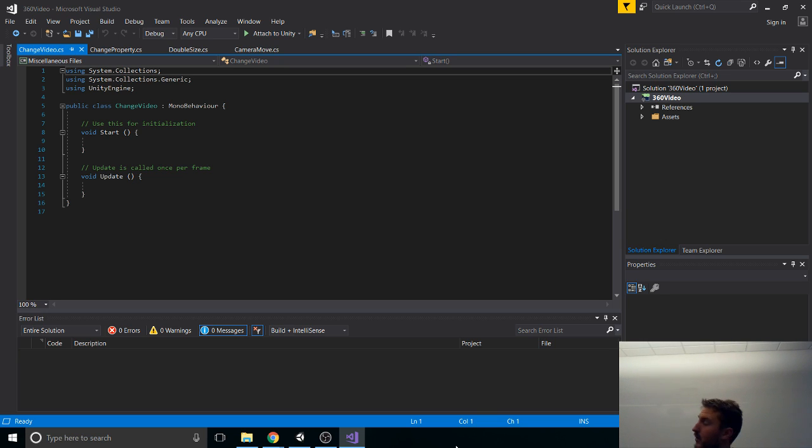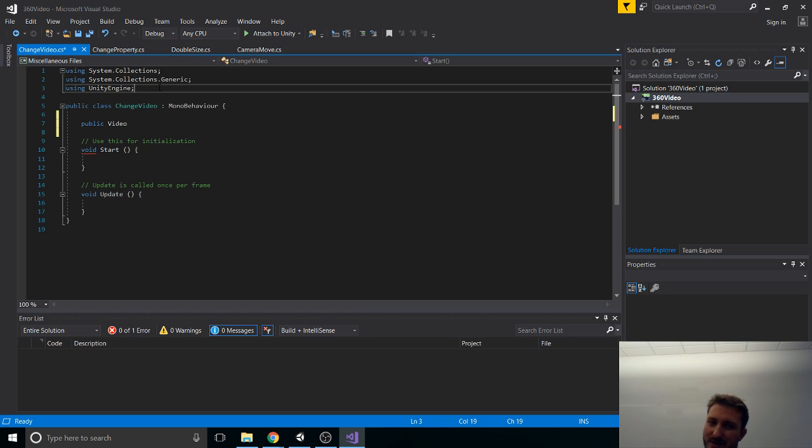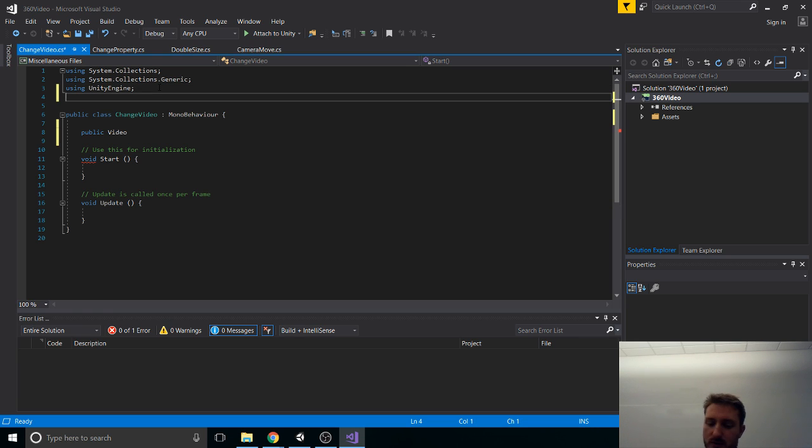So, if we're making a cake, we need variables. If we're changing a video, we need the video to change it with. To do that, we're going to go to the top, just below the class, and make a public video clip. Actually, we can't do this yet because we have to import a library. At the very top, remember when I said we could use parts of these libraries up here? We have to press enter and make a new line called using